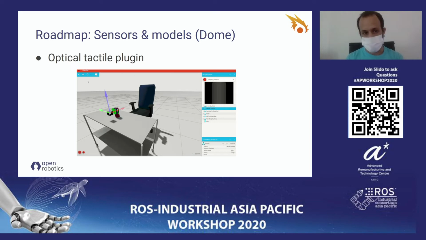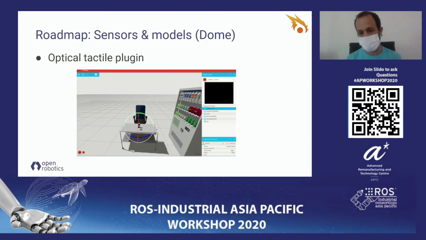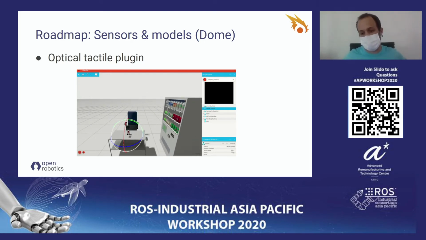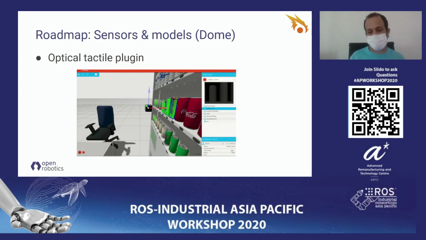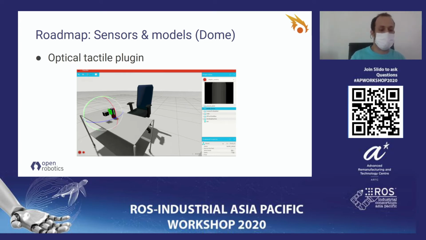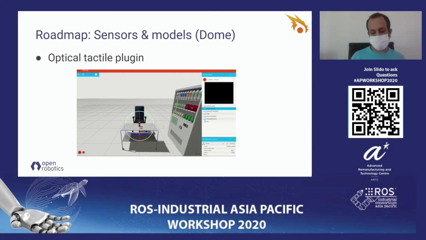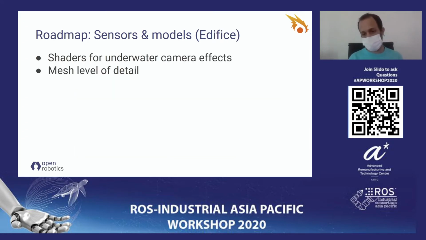There's also an optical tactile plugin that has been developed. This is to simulate a tactile sensor, which uses a depth camera and a contact sensor. It basically measures the surface normals of the objects in contact. So in the animation, you can see how we display the surface normals of the object next to the sensor. Next,